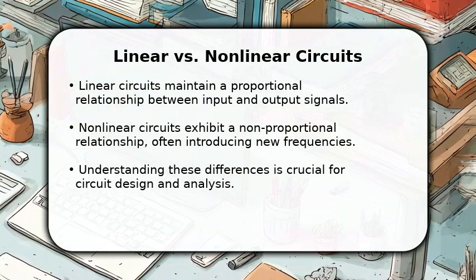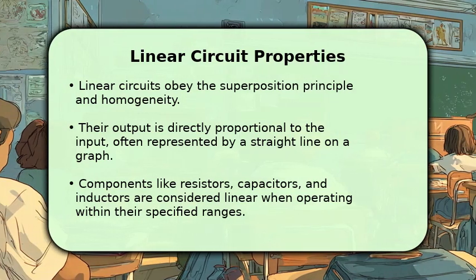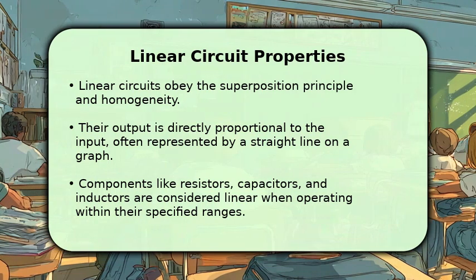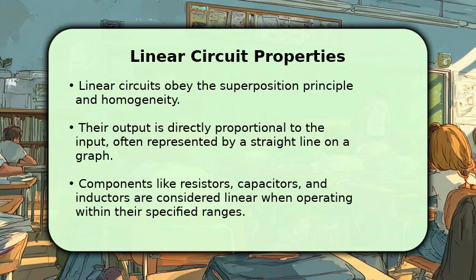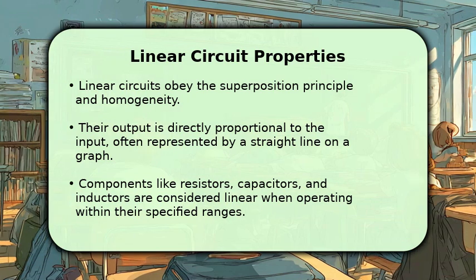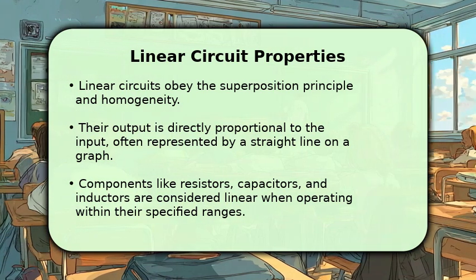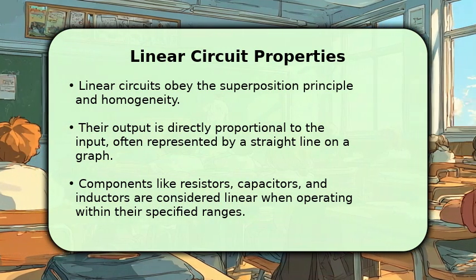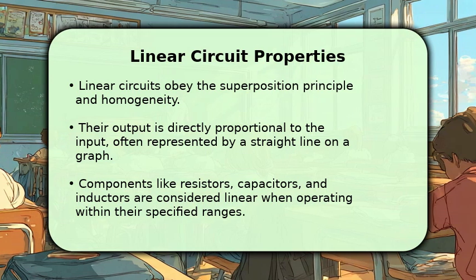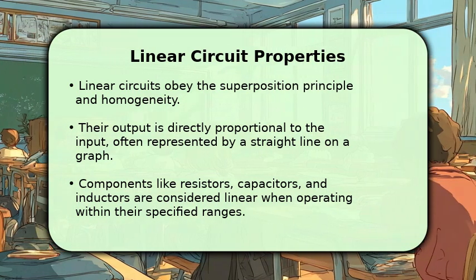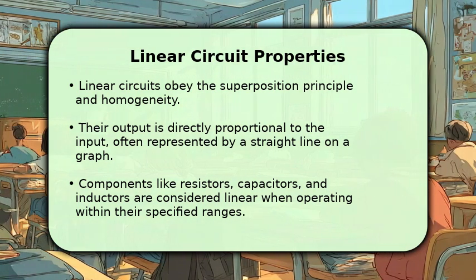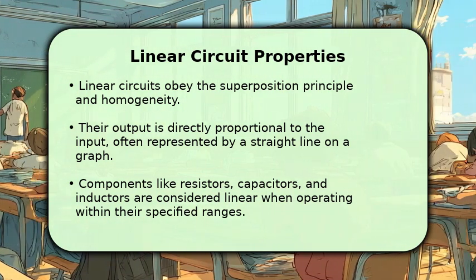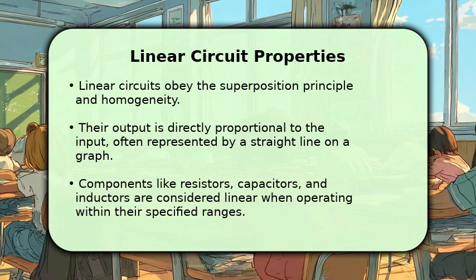Let's get started. Linear circuits are the backbone of many electronic systems, primarily because they adhere to two key principles: superposition and homogeneity. This means if you double the input voltage, you'll double the output current, assuming all other factors remain constant. Components like resistors, capacitors, and inductors behave linearly over a wide range of operation, ensuring a predictable, undistorted signal. For instance, a 10-ohm resistor will always drop 10 volts for every 1 ampere of current, maintaining a consistent